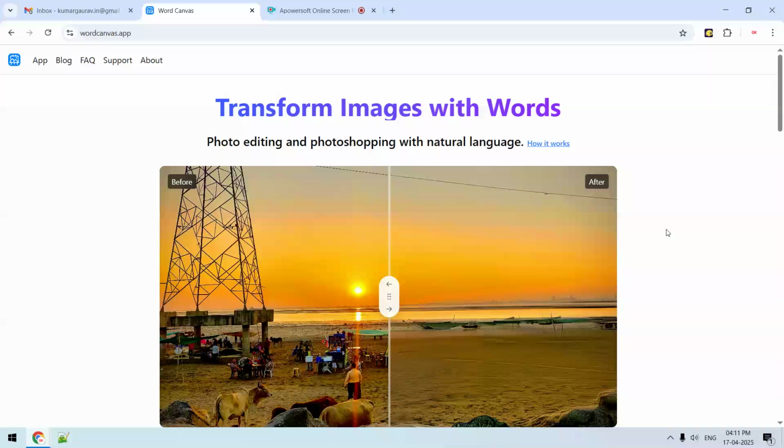Dear friends, in this video we will see one of the very powerful AI based tools for photo editing, for image editing with natural language. It means with text input we can edit any image. Okay, so you can see that this is the website